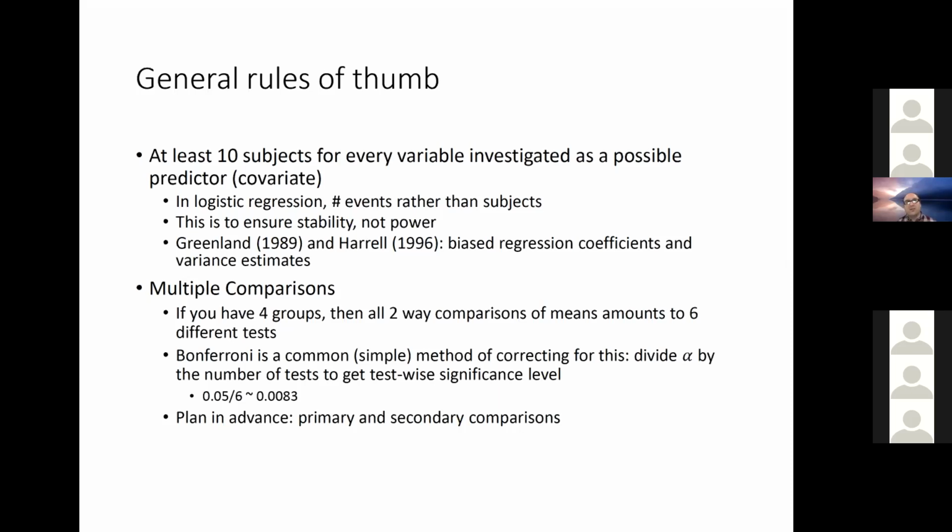So you're increasing the strictness of your statistical hypothesis test in order to counteract the fact that you're doing a lot of tests. This can come up at the design stage: you can adjust your sample size for a smaller alpha, for example, in this setting. What it's going to do is require you to have a larger sample than you would have if you just did one test. So again, multiple comparisons is something that we try to avoid, but if it's unavoidable, we often have to correct for it. This is why it's good to plan in advance for all your primary and secondary comparisons,